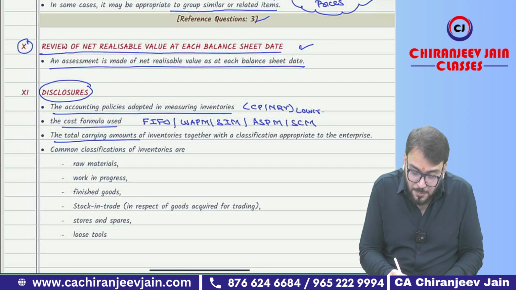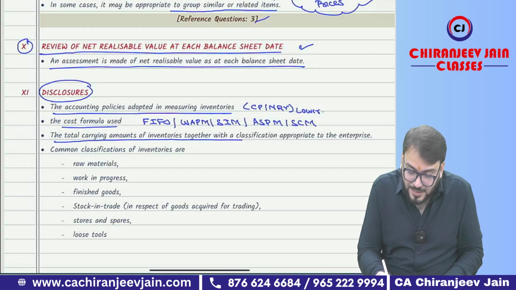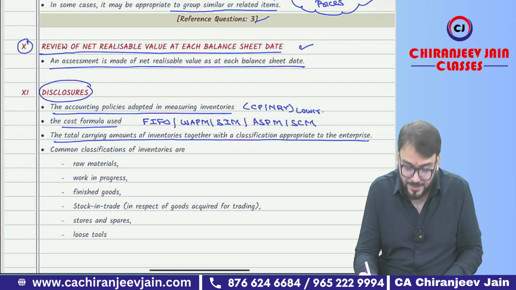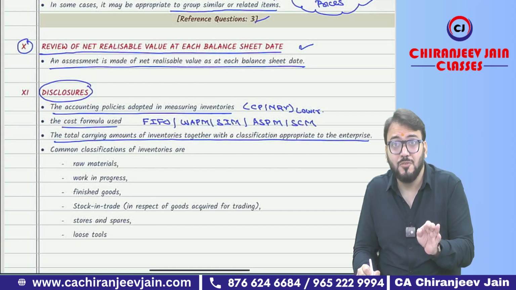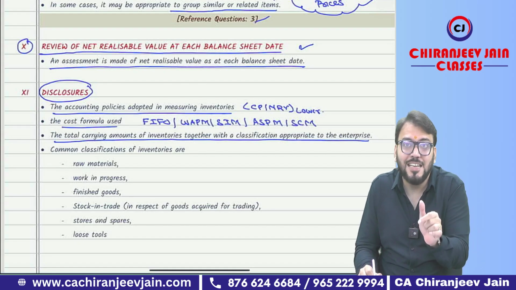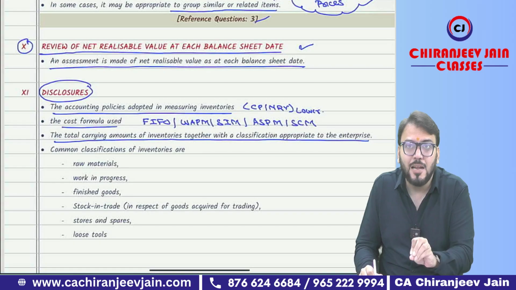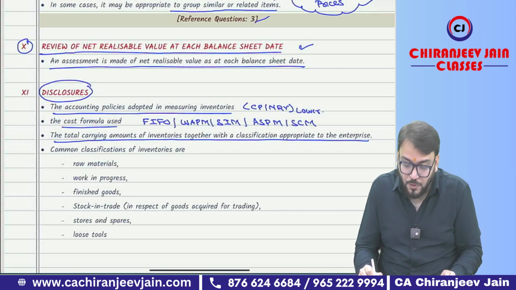The total carrying amount of inventory together with the classification appropriate to the entity. We should also disclose the carrying amount. Carrying amount means at what amount it will be carried in the balance sheet. That is cost price or NRV, which is lower. The total carrying amount